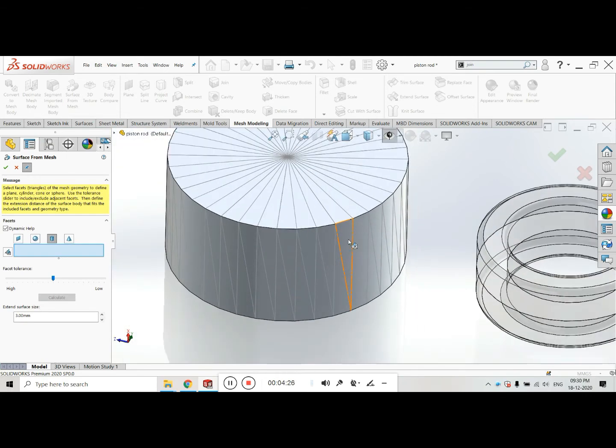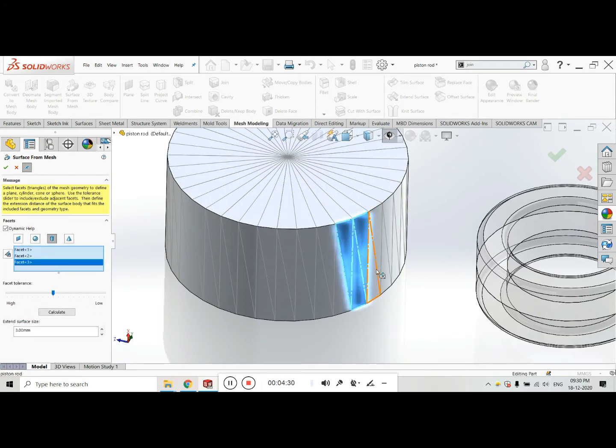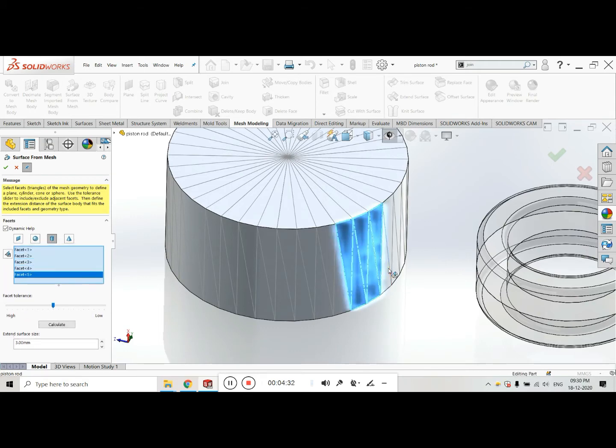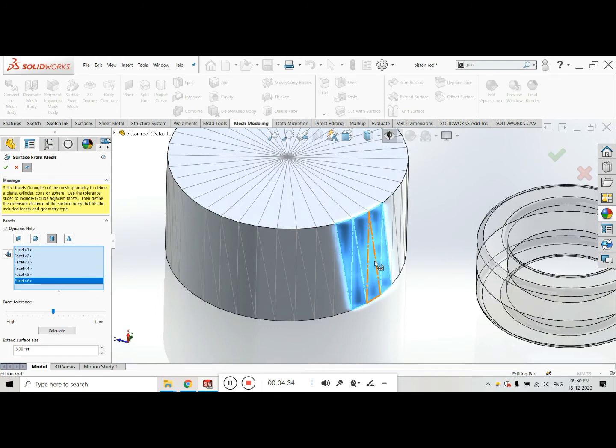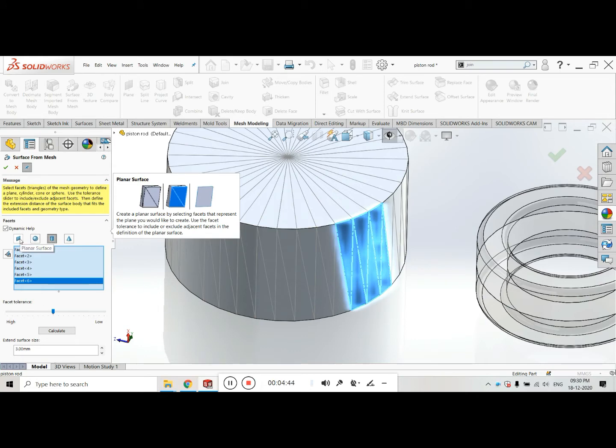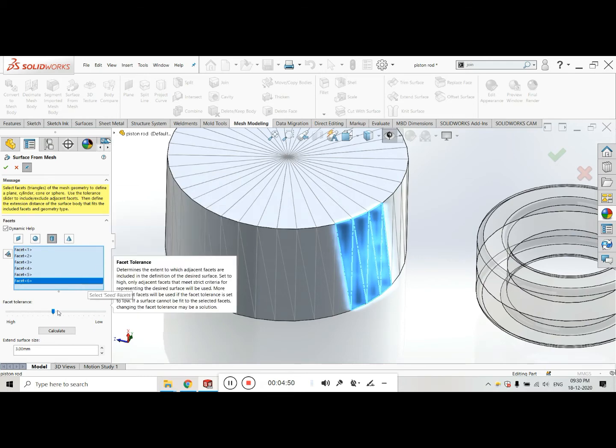I am selecting a few mesh elements, 1 2 3 4 5 6. Now I am choosing what type of shape you want. I want the cylindrical shape; if you want a planar surface, you can, but I will take the cylindrical shape. You can see what type of shape will be created. That is the factor tolerance; if I go high, this happens.